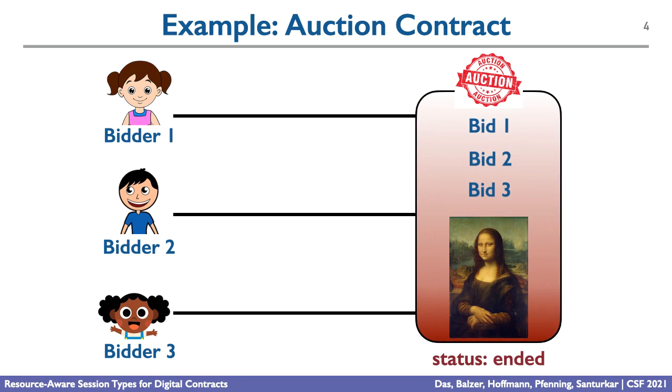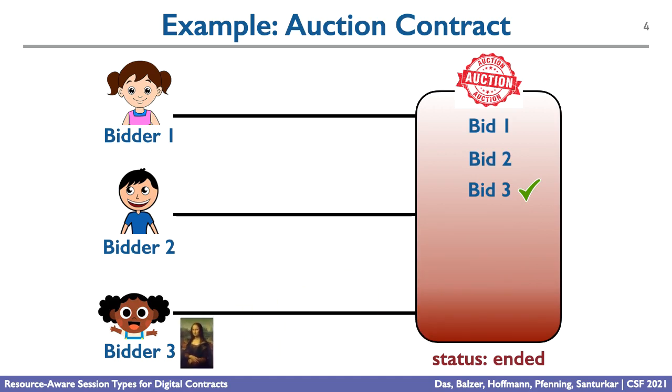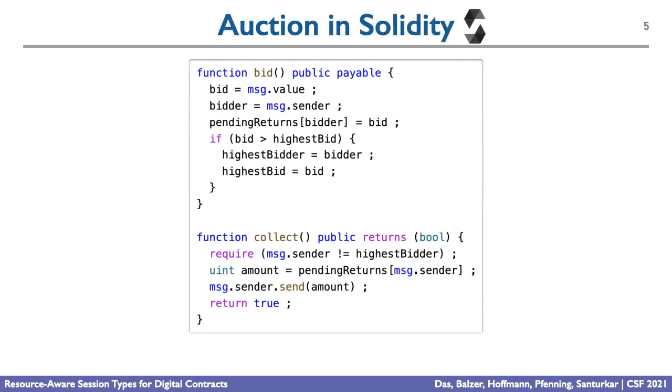And then the contract would determine the winner of the auction. So suppose here bid 3 is the highest bid, bidder 3 is the winner of the auction. The contract will then transfer the Mona Lisa painting to bidder 3, and bids 1 and 2 will be returned back to the bidders. Now suppose you wanted to implement this auction deployed on a blockchain, you would do it